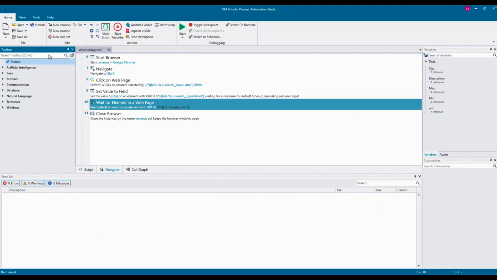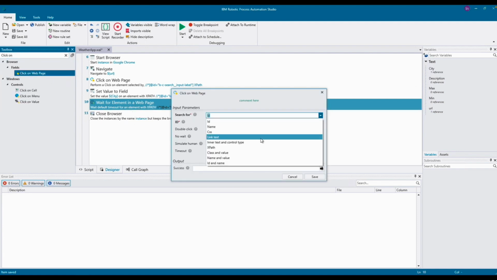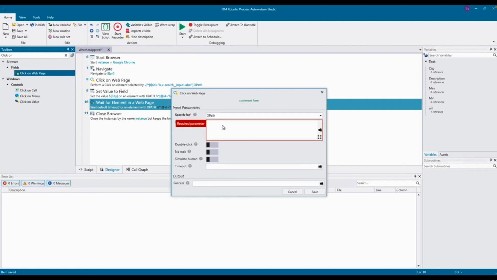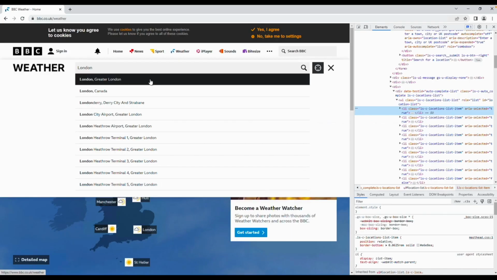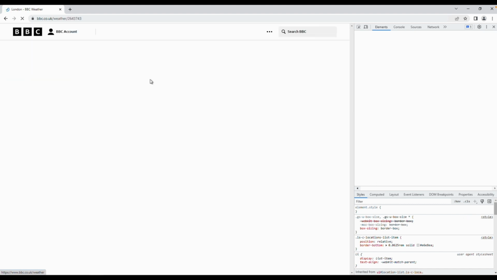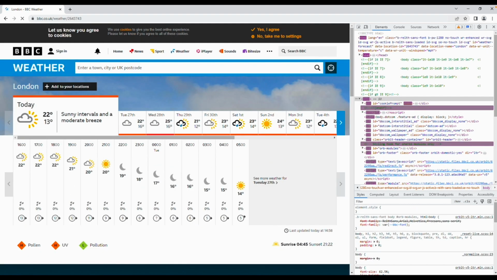The action we want to use this time would be, again, click on web page, XPath, put it here, and similar. Right, so basically what the bot does for now would be, after typing the city name, click on this, and